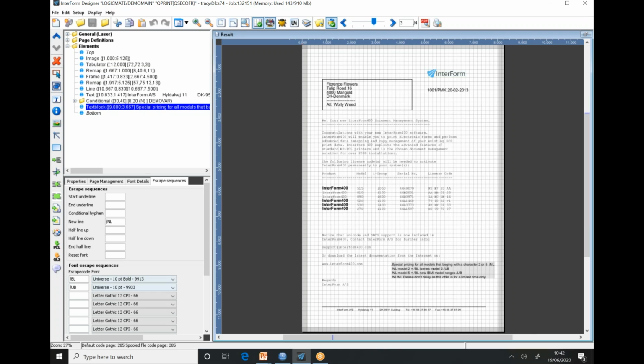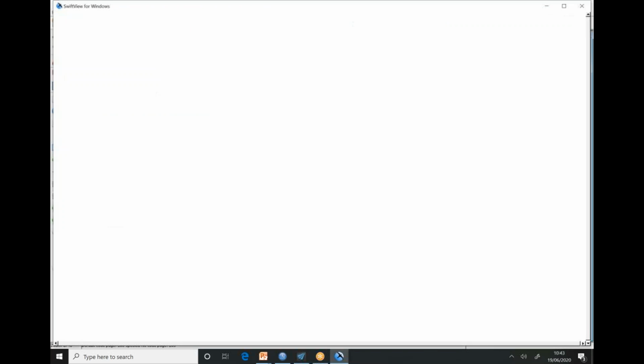I've also created an escape sequence /BL or /UB to change the font. So to make something bold, I use a font that I've defined as a bold font, which is this. So whenever I see the /BL, it changes the font to a bold font. And at the end of that, I change it to UB to unbold it and make it back to a normal intensity. And if I do a print preview of this,